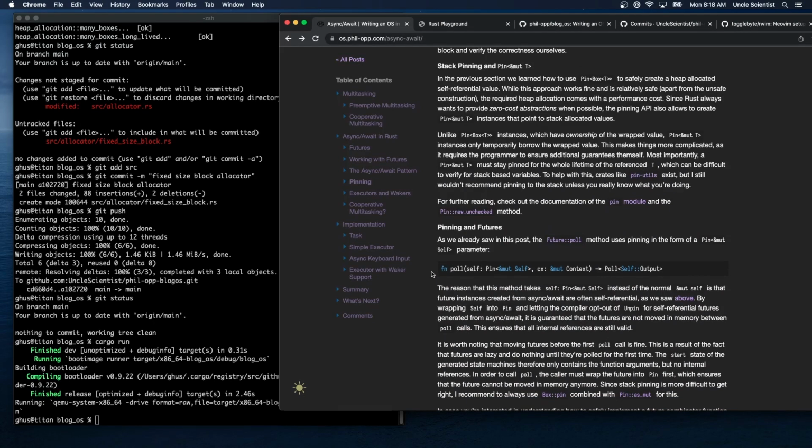In the previous section, we learned how to create Pin<Box<T>> to safely create a heap allocated self-referential value. While this approach works fine and is relatively safe apart from the unsafe construction, well, see, this is what bugs me about the keyword unsafe, is that